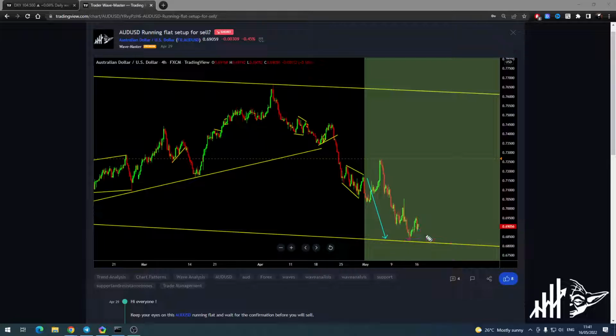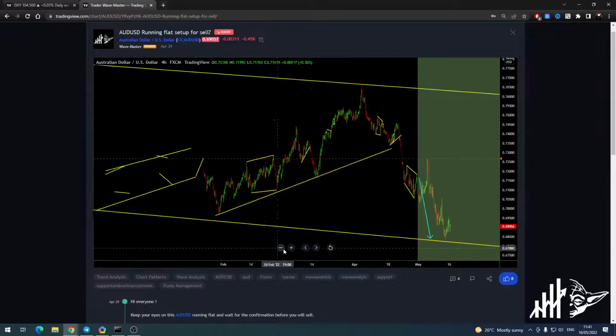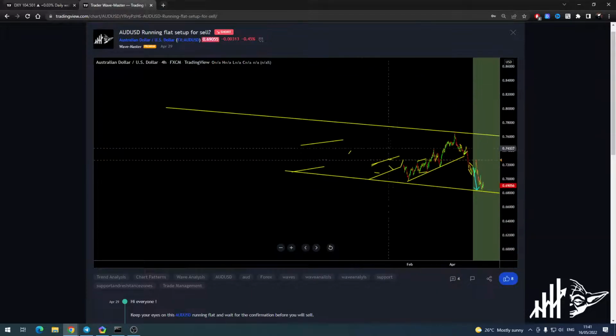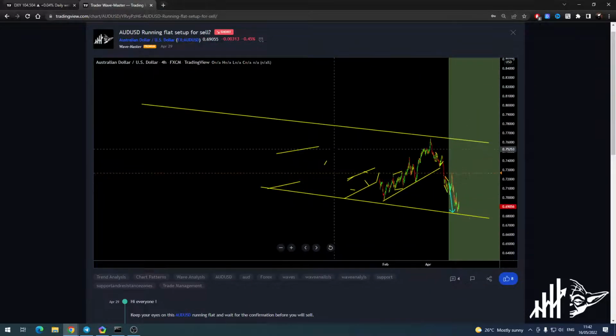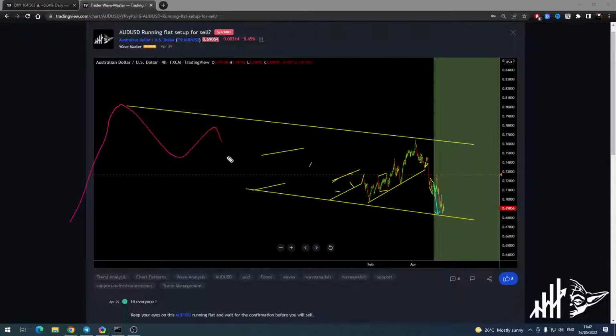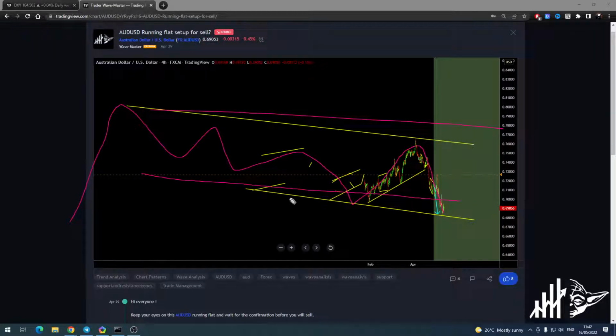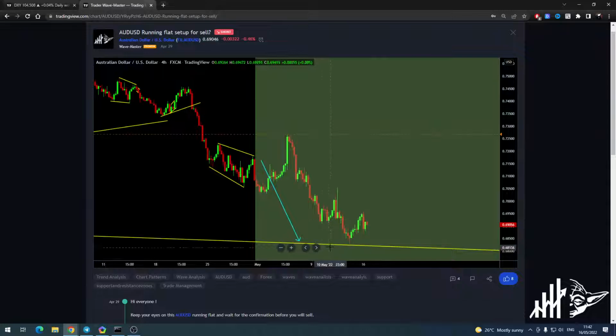Get out, take profit, and wait for the buy. That ain't gonna go higher. I think that we are nicely at the bottom of the structure, so the chart is like this, I think. I don't know why it's not loading, but yeah. Anyway, I see that this correction is about to be completed, so any sell or any sell stop that you can find will be only short-term trades.